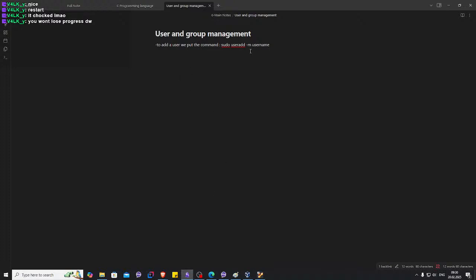I have too many tabs open. Dash s also. And dash m. Dash m is used to create the user directory inside the home directory. Dash s is used